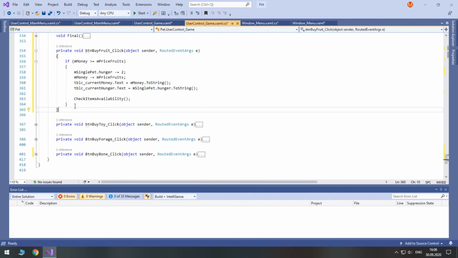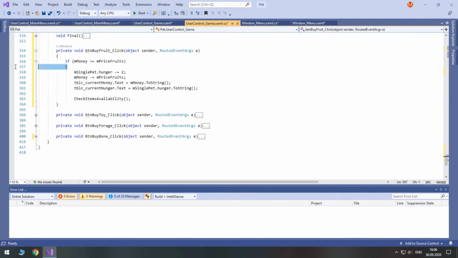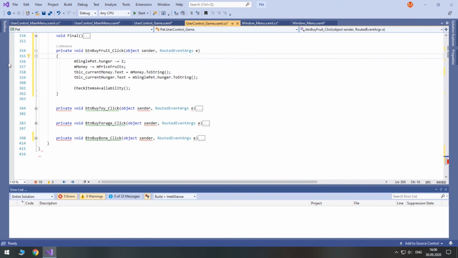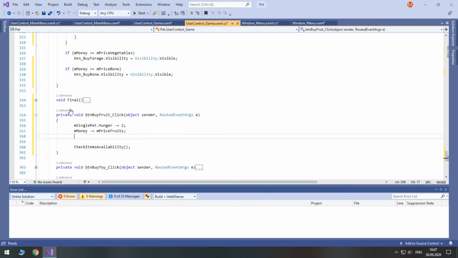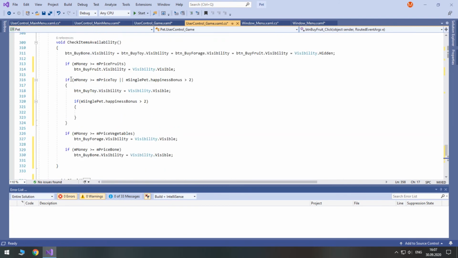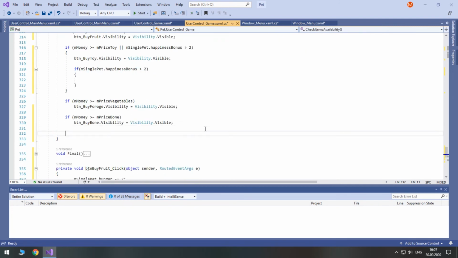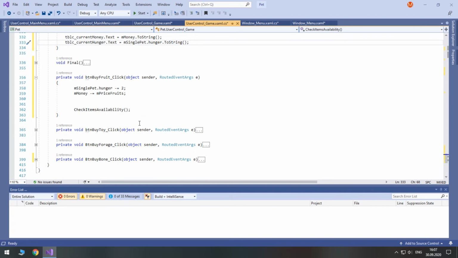Oh, by the way, we don't need to do these checks anymore because we simply do not show the button if we don't have enough money. So we can simplify it to this, and also we will put these two to our check items availability method right at the end. Okay, so we first subtract money and then we do some effect.